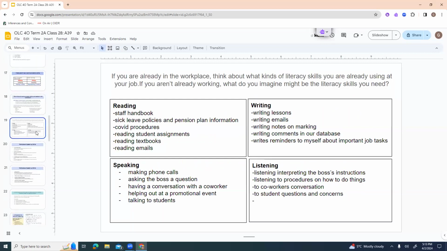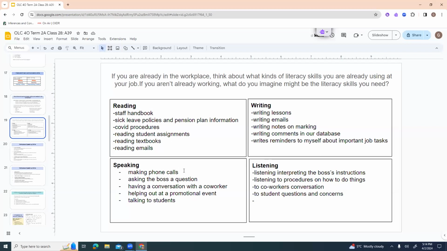Okay, if you're already in the workplace, think about what kinds of literacy skills you're already using at your job. If you aren't already working yet, what do you imagine might be the literacy skills you can need? This is just kind of a quick overview. For reading, you might need to read the staff handbook or read about sick leave policies and pension plan information, COVID procedures, student assignments, reading textbooks, reading emails. For writing, you might need to write lessons or write emails, write notes. Oh, these are mine. Write notes on marking, write comments on our database, write reminders to myself about important job